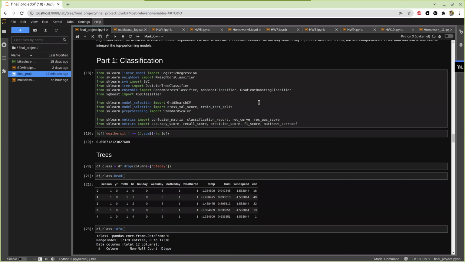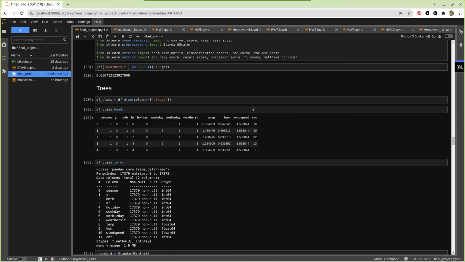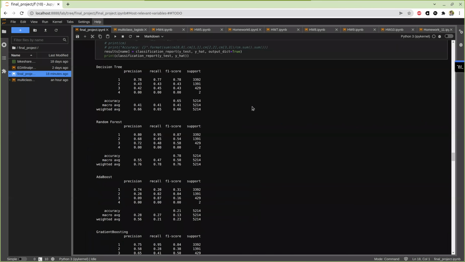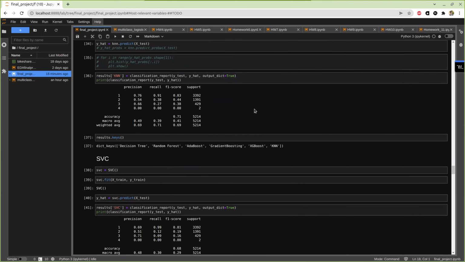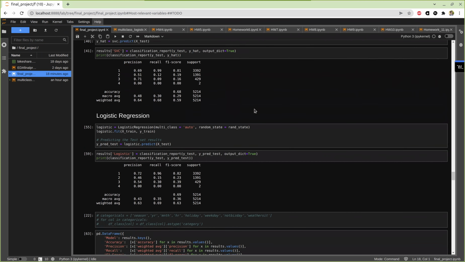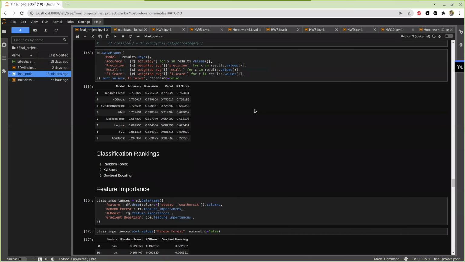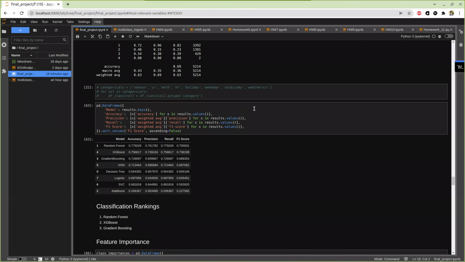Okay, so for classification, we imported everything we needed, and then we looked to see how often fair weather occurred within the model, and we got 65%. So 65% was the accuracy to beat going into our classification models. You'll see here that we started off with trees and worked our way down through all the different models, SVC, logistic regression, etc. We split the data in 70% and 30%, and then we